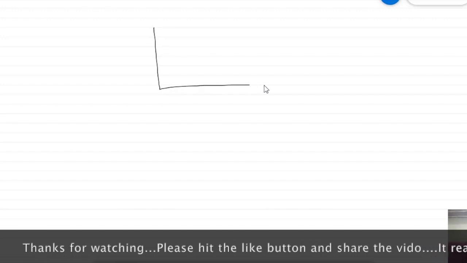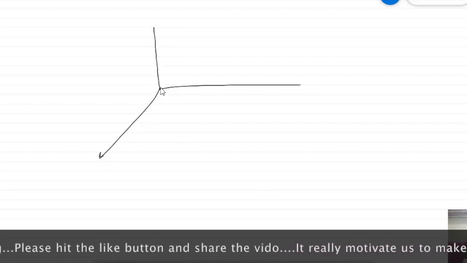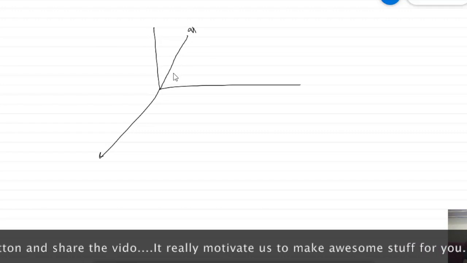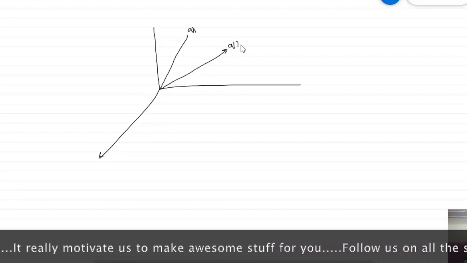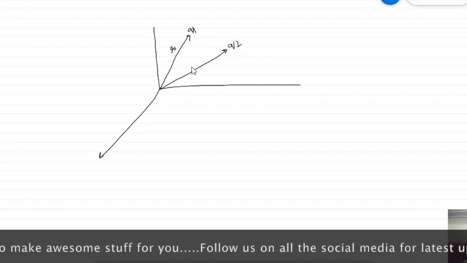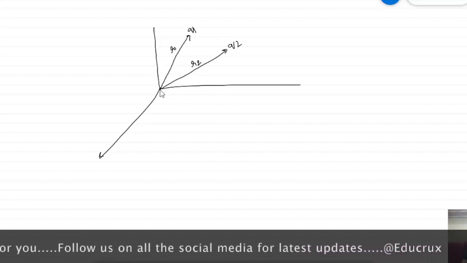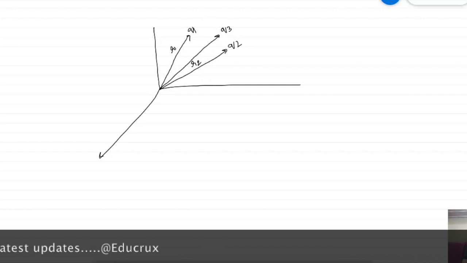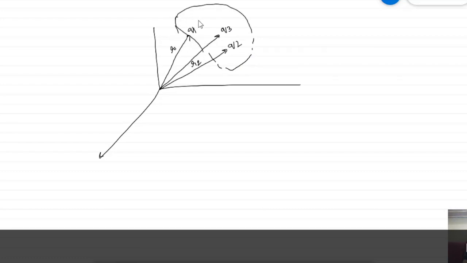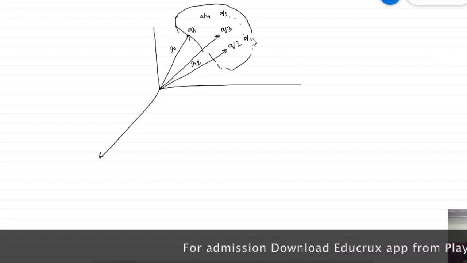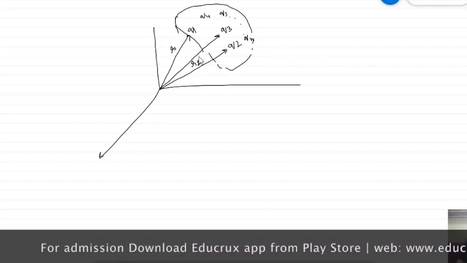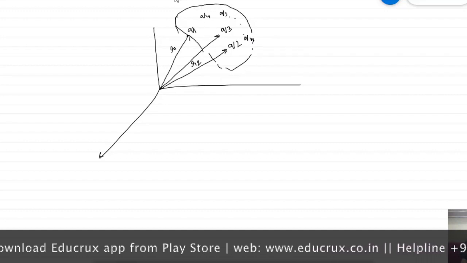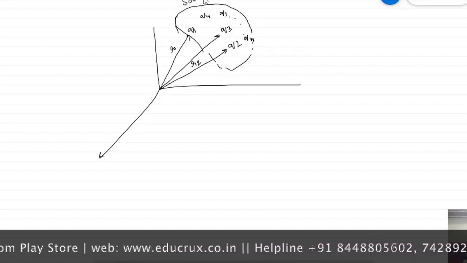So suppose that I have a system of charges q1, q2, and this is the position vector r1, r2, and similarly I have another charge q3, and suppose that there are a lot of charges, so q4, q5, and goes to qn, and these are the respective position vectors. So all this system of charges are my source charges,